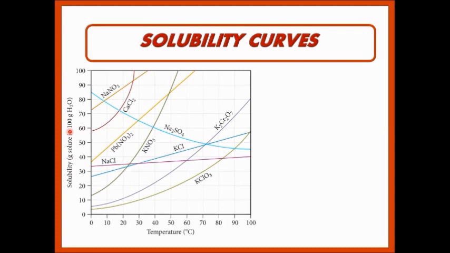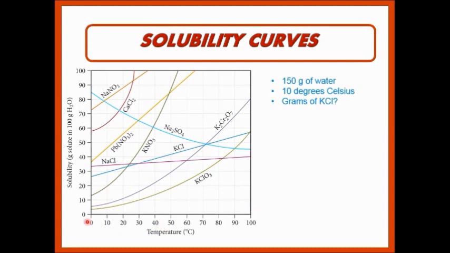A certain problem may ask you to determine how many grams of potassium chloride are soluble in 150 grams of water at 10 degrees Celsius. First, we need to write down the important information and what the problem is asking you to find. We know that we're being asked to find the grams of KCl that are able to dissolve in 150 grams of water at 10 degrees Celsius. Then you can use the solubility curve to find the solubility of KCl at 10 degrees Celsius in 100 grams